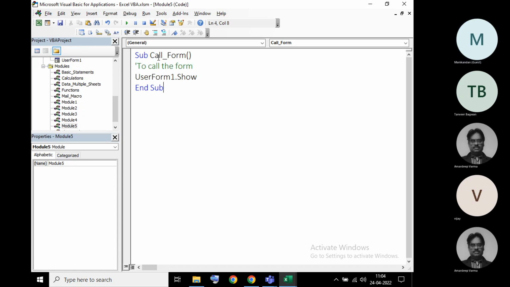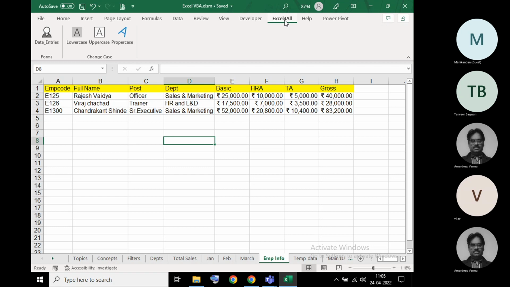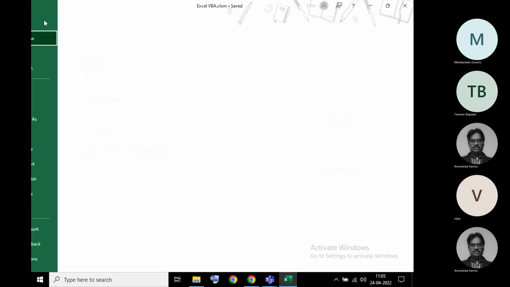Now I can assign this call form to a button or in the tab, or you can give a shortcut key. It is simply user form 1 dot show. So what we'll do is we'll call it in the tab. We have already created a tab called Excel for all. We'll call it here. So I'll go to File,